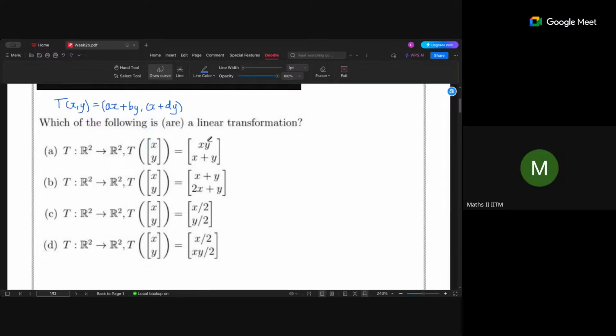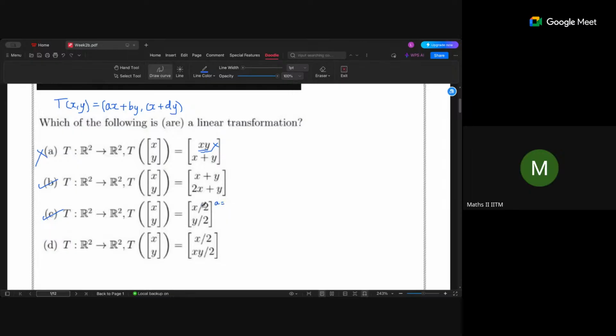Now here in the first option, you have the product of X and Y, which is not allowed, right? So this is not possible. This is fine, but this is not possible. So this cannot be a linear transformation. And this one is completely fine. It is of this form only. So this is fine. So C is also fine because here you see that actually the value of A,